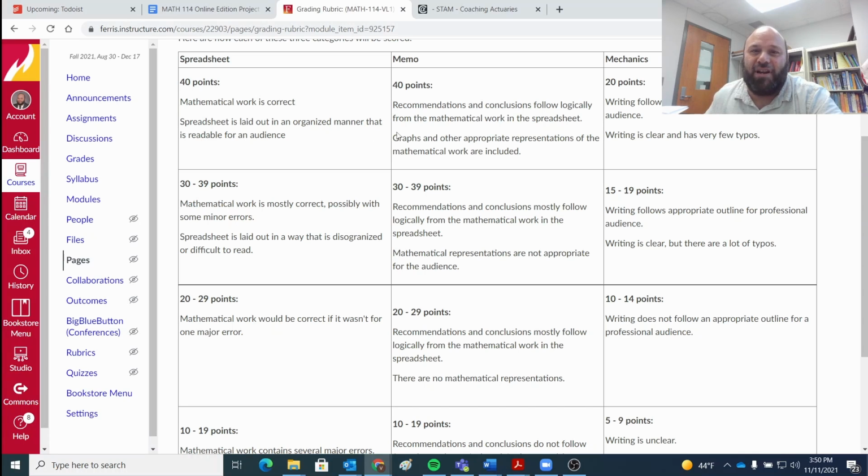For full credit on the memo, your recommendations and conclusions should follow logically from the mathematical work in the spreadsheet, and you should include graphs and other appropriate representations for the audience. And finally, for the mechanics, the writing should follow an appropriate outline for your audience, and it should be clear and have very few typos. I mean, we're going to have a couple of typos, but we should root out as many as we possibly